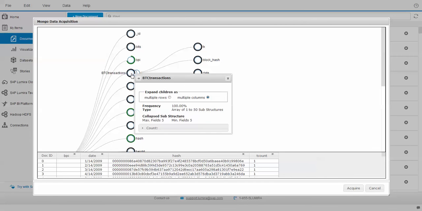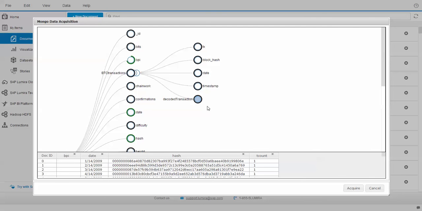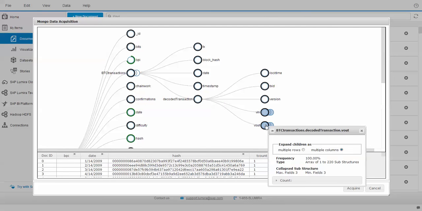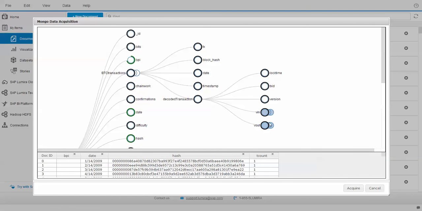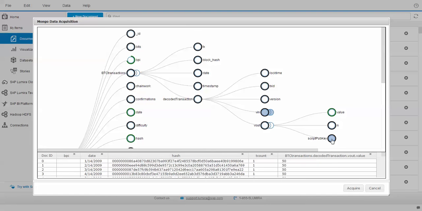Now, as you can see, each of those blockchains has nested collections, which correspond to the various transactions. And I may want to decide to have these, when I acquire them, as rows or as columns added to my data set. In this case, I want to add them as rows, and I want to get all of the values of each of the transactions. So going a little bit further, here I'm getting the value,